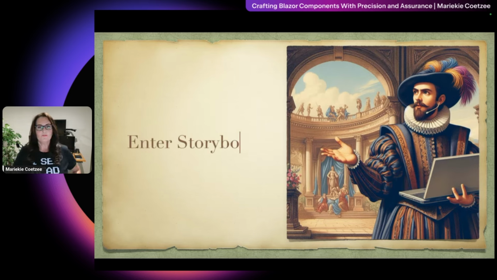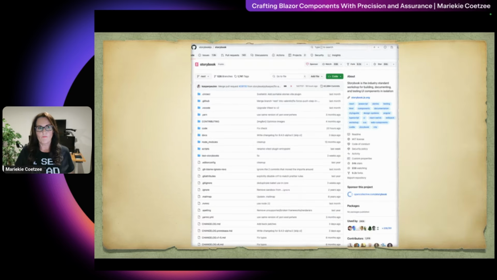So, if you are familiar with Storybook, you might be thinking, hey, that sounds familiar. And you're absolutely right. Storybook has been a game changer for developing UI components in JavaScript frameworks like React, Vue, and Angular. It provides developers with an interactive environment to build, test, and showcase their components outside of the main application. Now, Storybook was launched in 2016 and it has over